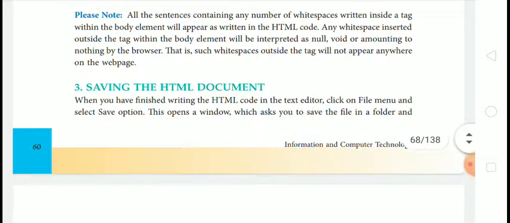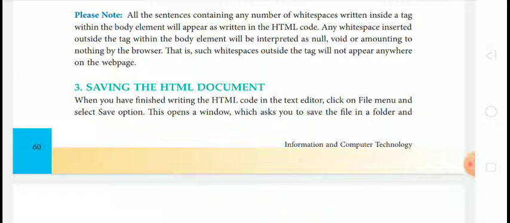Please note all the sentences containing any number of white spaces written inside a tag within the body element will appear as written in the HTML code.